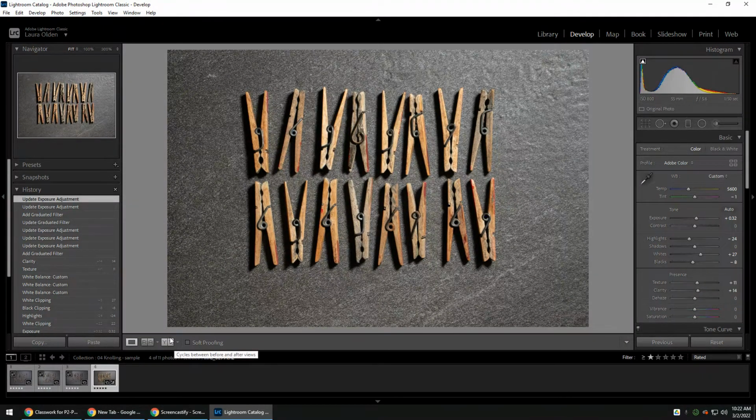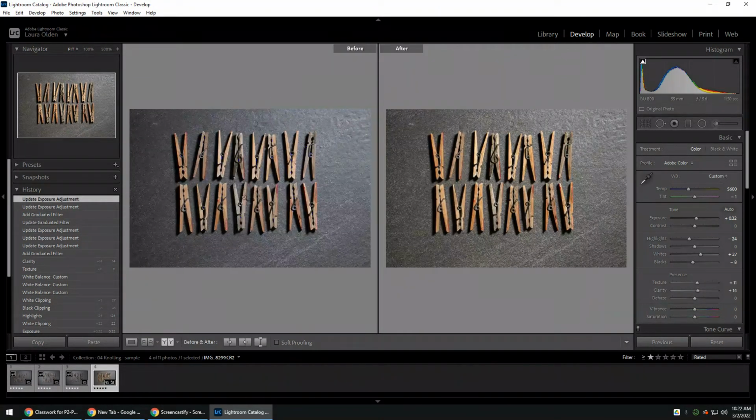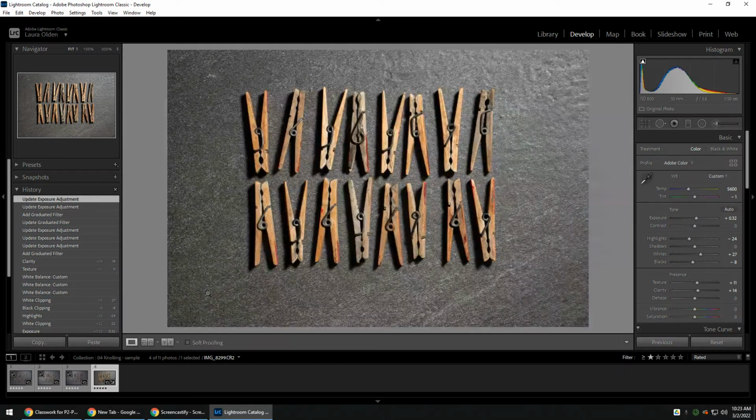So let's see my before and after right now. So that was my before. It's a little cool. It's a little bright on the pegs. Here it's a little bit more even overall. And yeah. So the next thing I want to do is then see if I need to straighten the picture or adjust it. So I can go into crop,